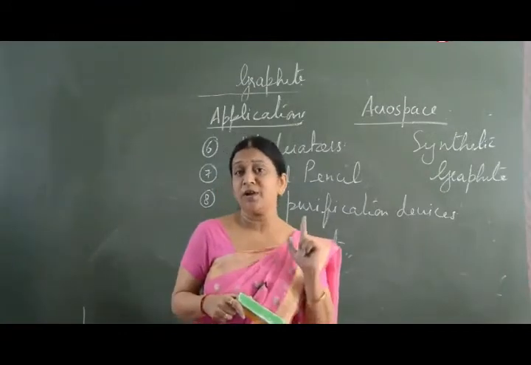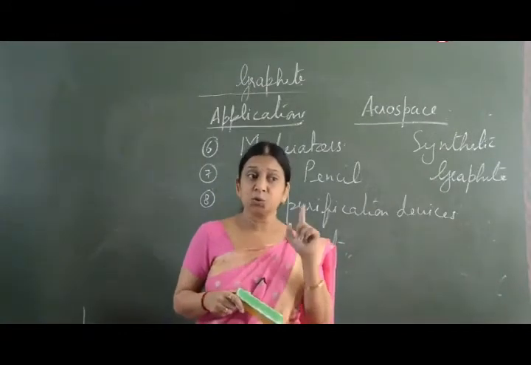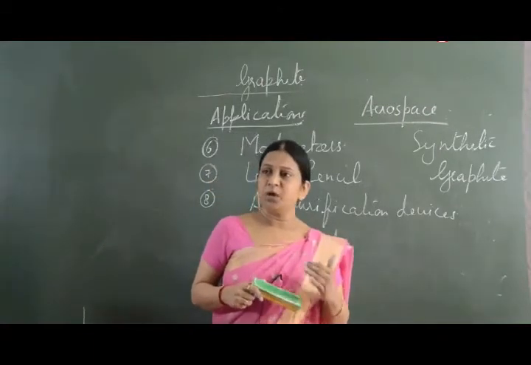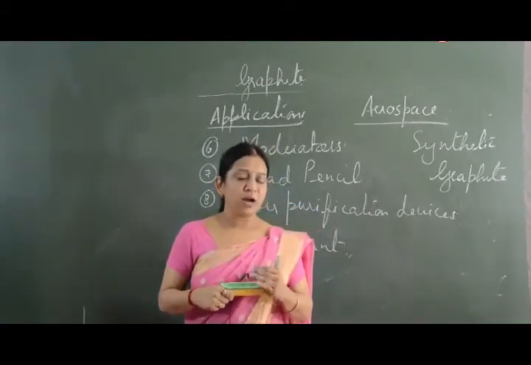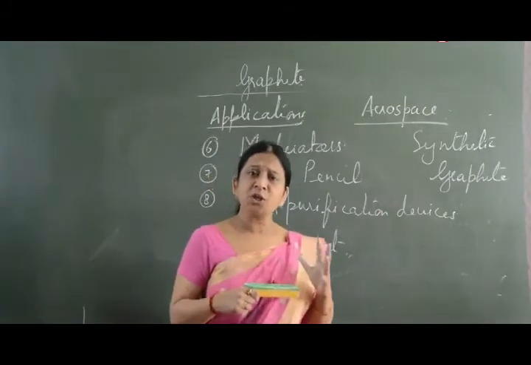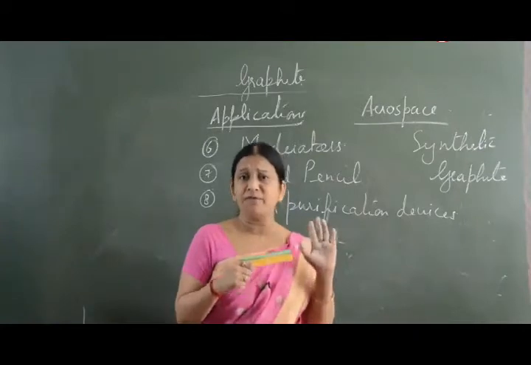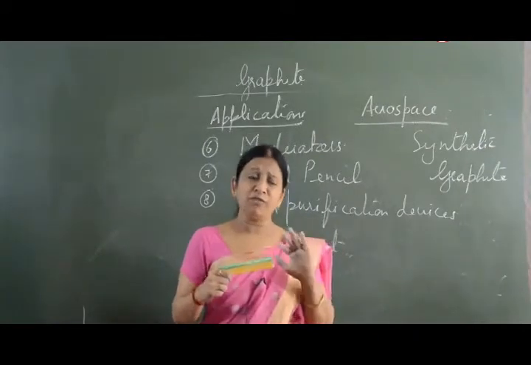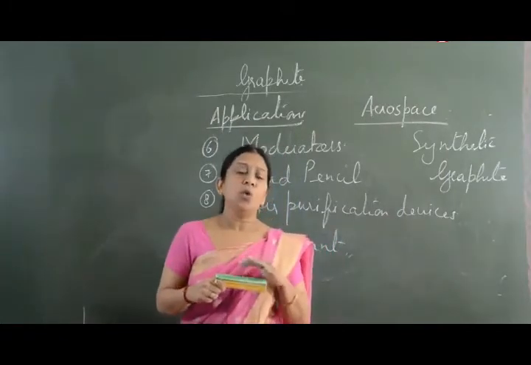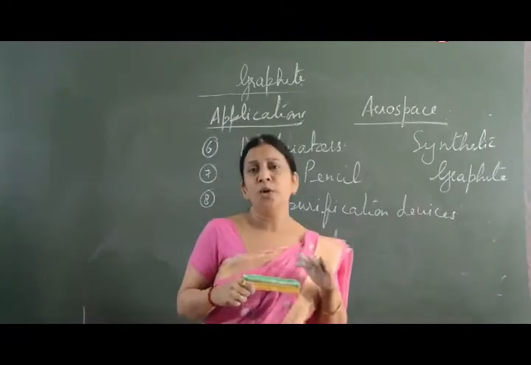It is 3700 degrees Celsius, and that is why it is used as a refractory material. Then between the layers, the bonding is van der Waals force of attraction and the spacing is 3.4 angstrom. So if we provide stress or heat treatment or thermal treatment to graphite, what happens is the van der Waals force of attraction is going to break and the